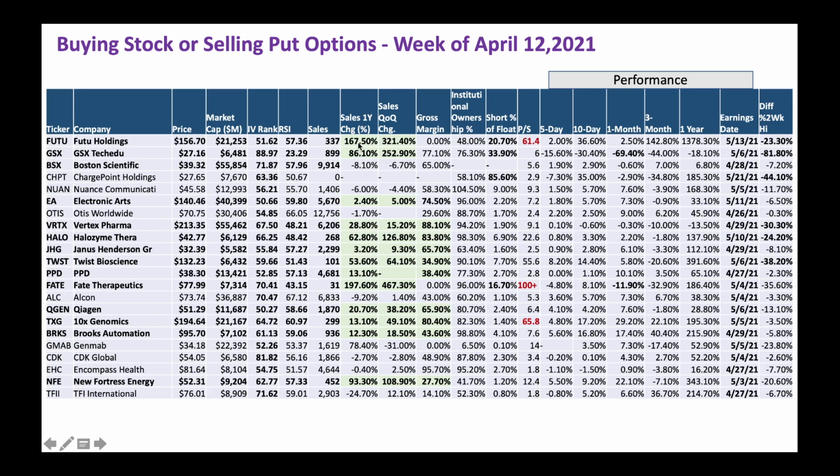That's why I always look at sales growth over a 1 year time frame and quarter over quarter. Then I like to have a good gross margin. I want to make sure the company makes money with a nice gross margin. Sometimes I also look for institutional ownership, so that a lot of mutual fund and ETF companies are buying into this stock. And I also pay close attention to earnings dates.